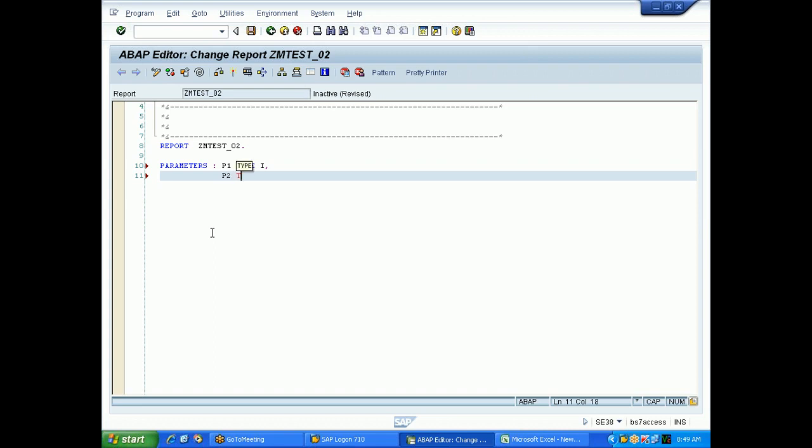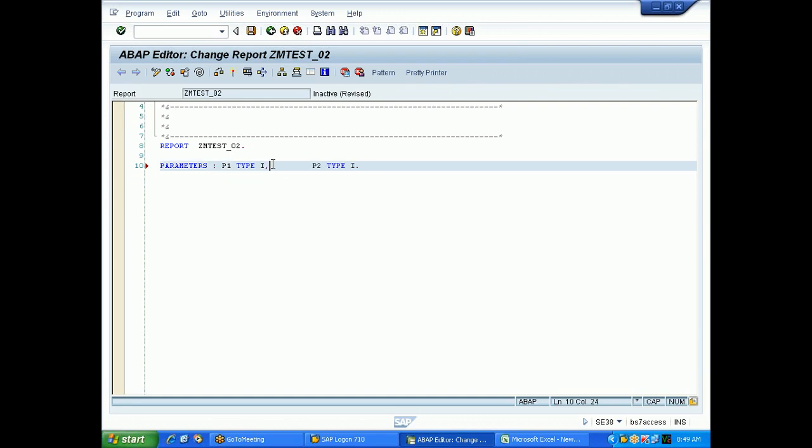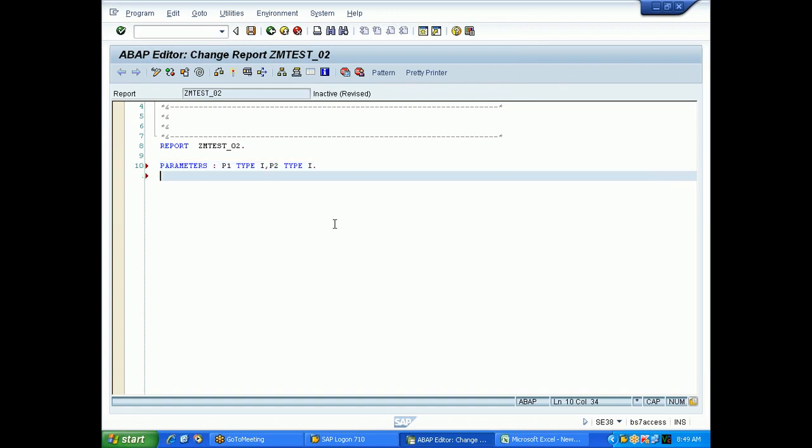So P2. Why can't we write in the first line itself? Yes, you can write, not a problem. If you want to put it here, you can write. So I have created two parameters.